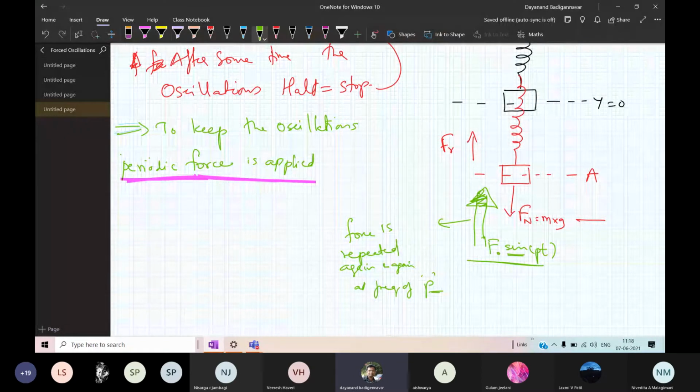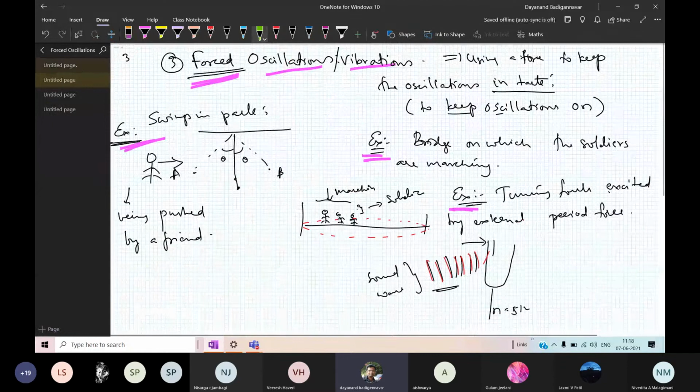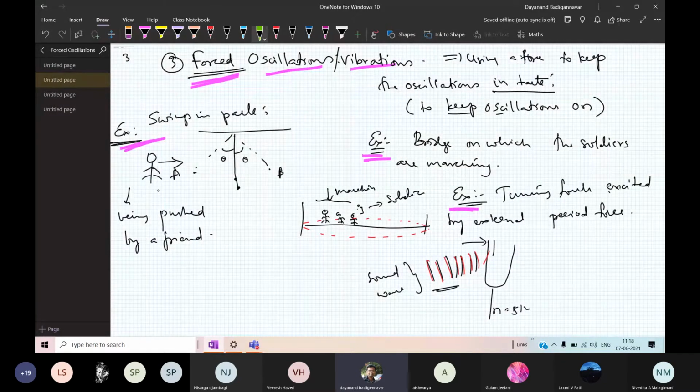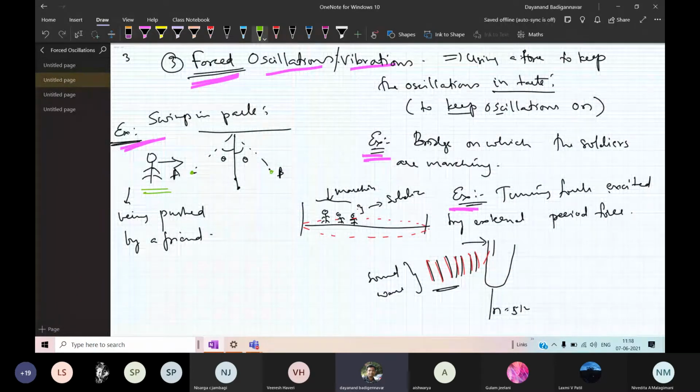Okay, you go to this diagram. This is a swing. You have your friend sitting here, and the swing is in between A and B. Your friend is applying the force. When does he apply it? Only when the swing is coming towards you does he apply it. Yes? He applies it, and the swing goes that way. After that it is going to come back. Then when does he apply again? You are getting the point. So for every one oscillation that it is making, your friend is applying a force only once.